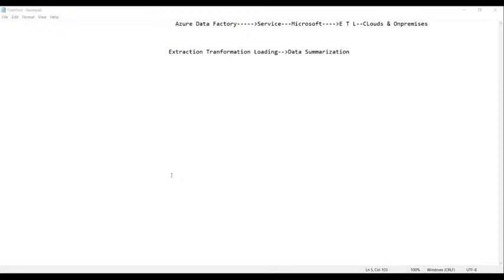That is nothing but service. And the service basically here, we cannot install it, we don't require to install and download things. Hence we consider this as a service.